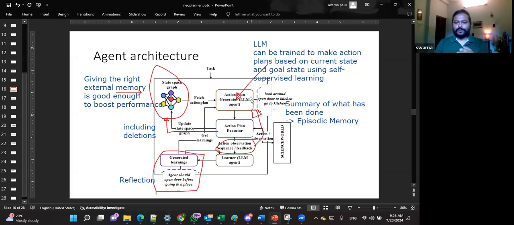Now, after getting this information, this is not directly going to the generated learnings, I mean, the semantic memory. Now, in the next run, if you return this action observation sequence to the action plan generator, it will immediately know that in order to move to the kitchen, you have to open the door, so that it doesn't make the same mistake again. So that's going to help improve the action plan on an immediate basis.